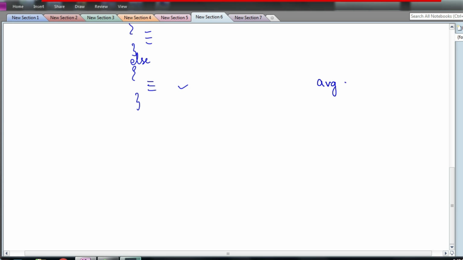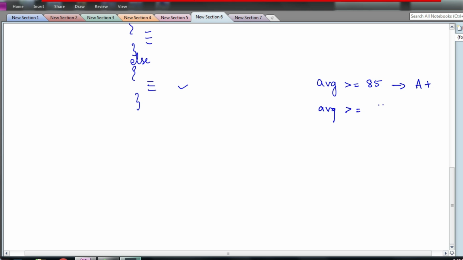Okay, if average is greater than or equal to 85, I will print A plus grade. Suppose this is the specification given in the question. Average greater than or equal to 85, we will print A plus grade.